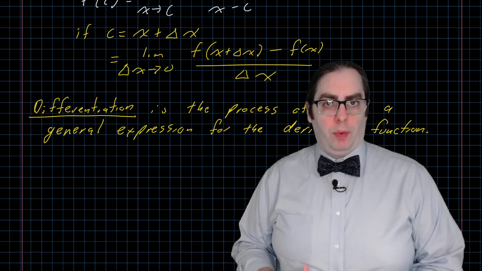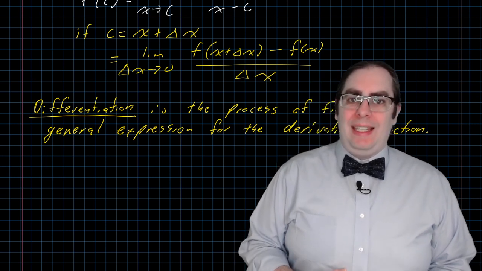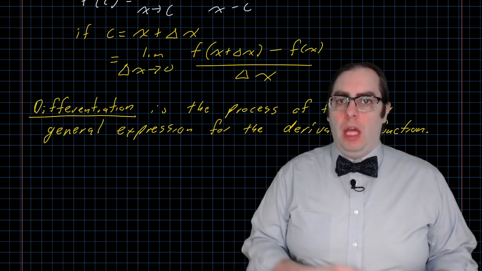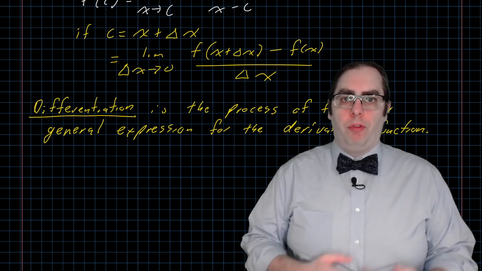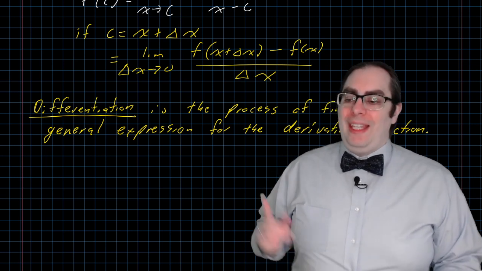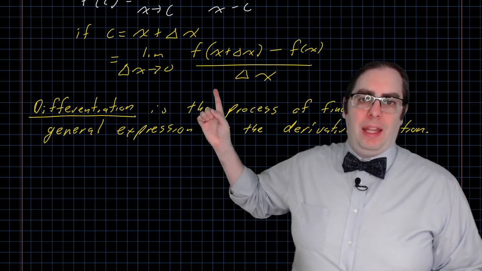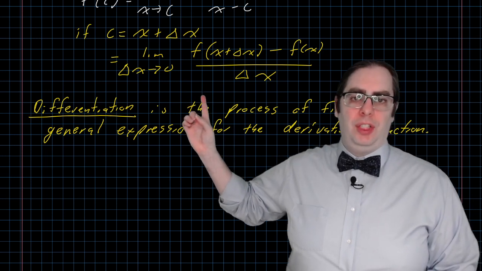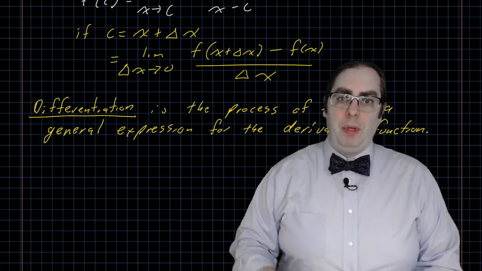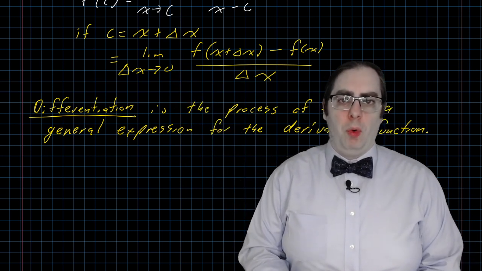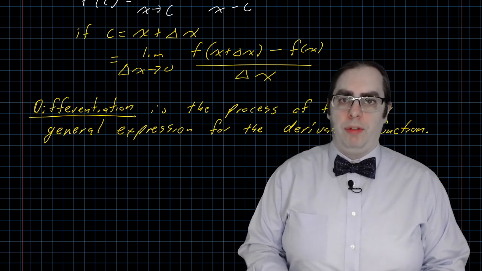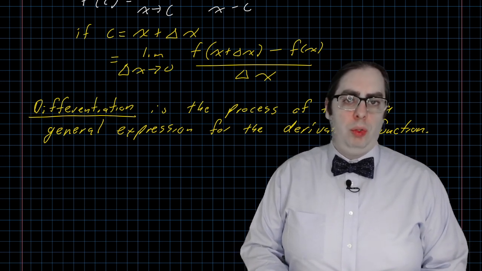Differentiation is an operator. Differentiation takes a function and turns it into another function. The new function that results from the operation of differentiation is called the derivative. We can define the function by a limit, that is a process of differentiation. But it would be better if we can find an expression, an algebraic form for our function. And in order to do that, I have two rules of differentiation that I want to show you in